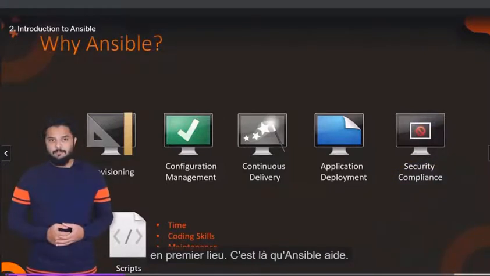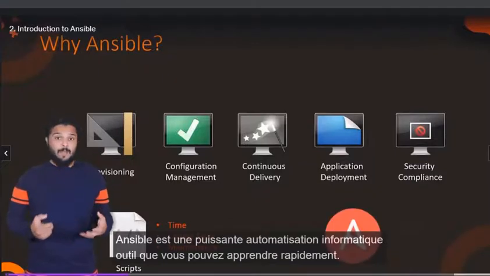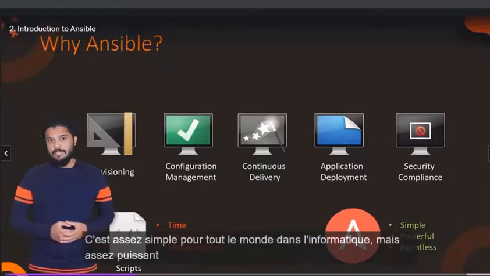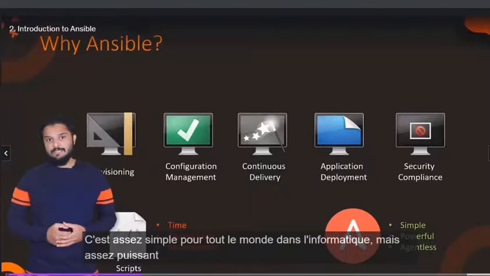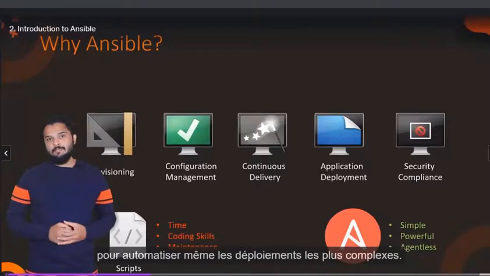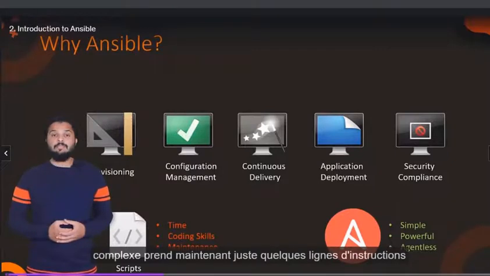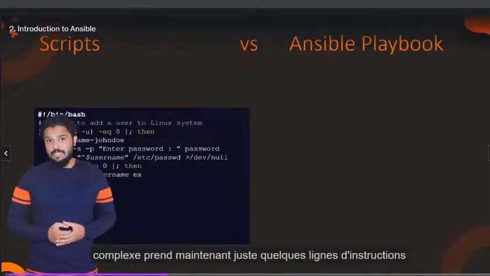That's where Ansible helps. Ansible is a powerful IT automation tool that you can learn quickly. It's simple enough for everyone in IT, yet powerful enough to automate even the most complex deployments. In the past, something that took developing a complex script now takes just a few lines of instruction in an